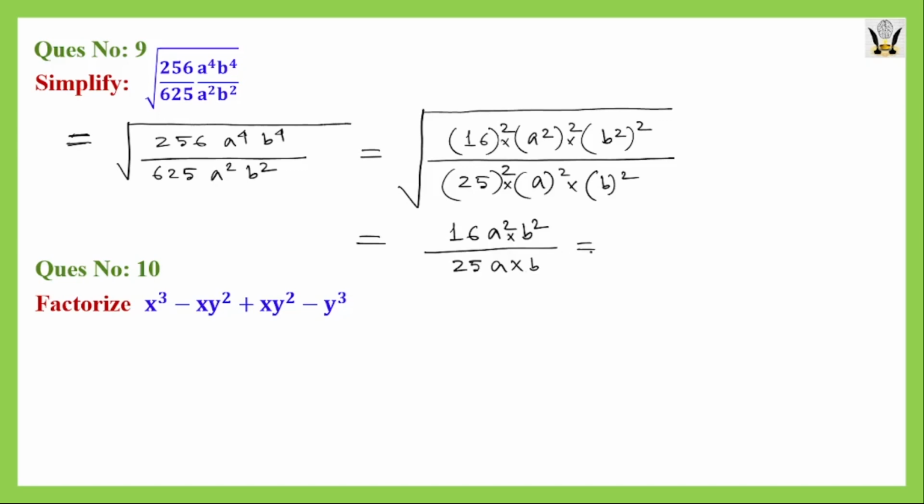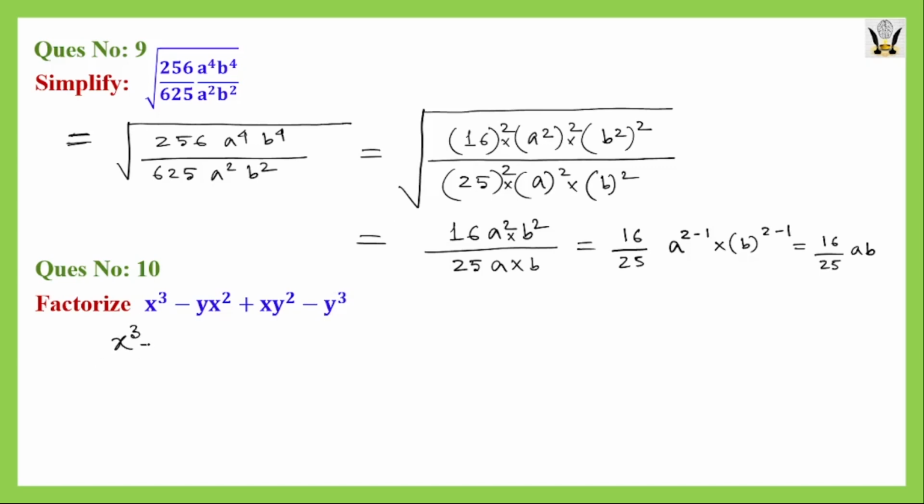Now we can simplify further. Between 16 and 25 there is no common factor, so they cannot be simplified further. But between a square and a, what we can do is 16 divided by 25 and a square, so a is the base and power here 2, and we are dividing by a, so it will be 2 minus 1. We know that rule. And then with the next variable b, again here we have square 2, and in the denominator we have 1, so we are dividing, so it will be again 2 minus 1, so final value will be. Now in the next question, which is the last question of this class, we have these four terms: